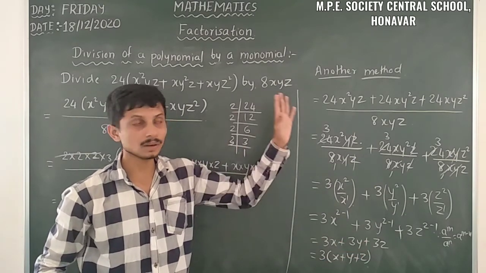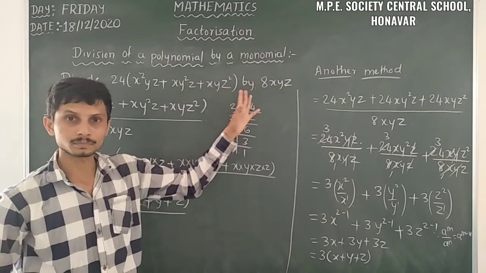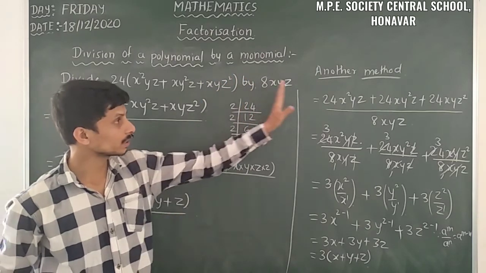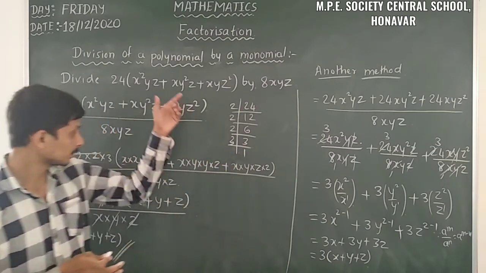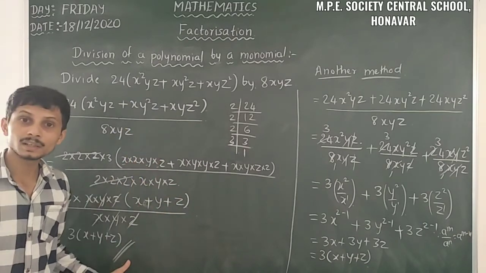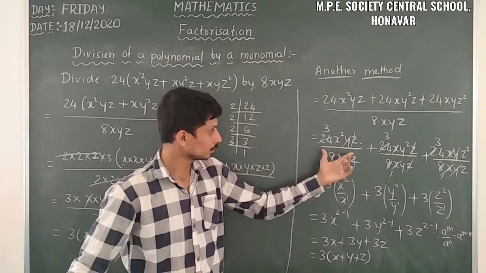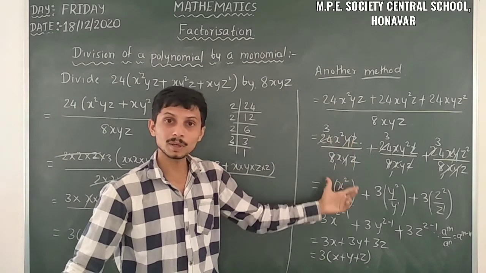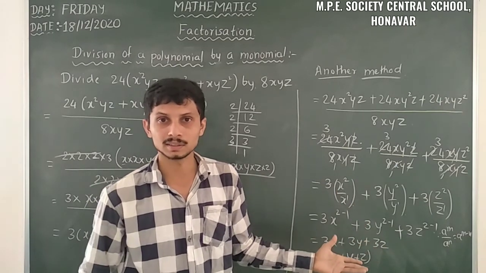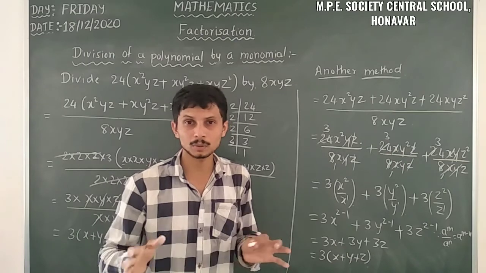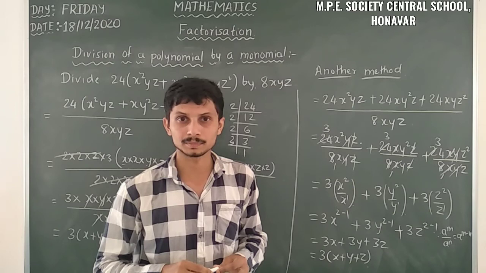So this is the case of division of a polynomial by a monomial. You can take this method, also you can take this method. Both are the same according to our requirement. Here we have to take a polynomial continuously, and after some steps, we have a monomial by a monomial. We can do the same operation we did in the last cases. I hope you understood that one. There are many problems, so you can solve them with reference to the exercises.